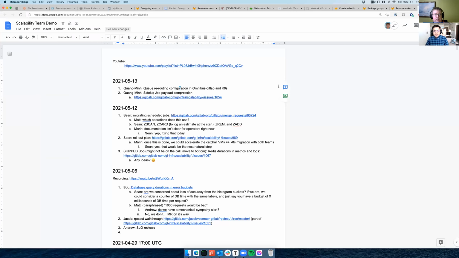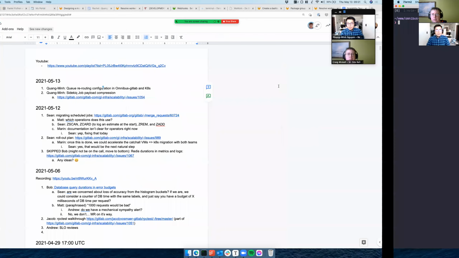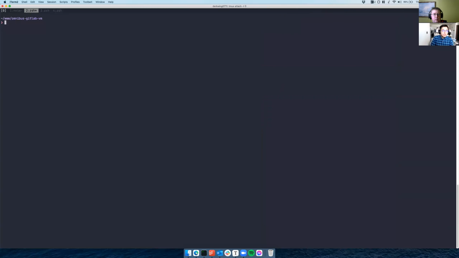So for the first item, two weeks ago, I finished the implementation of queue rerouting, and then I raised some merge requests into Omnibus GitLab and the Kubernetes chart to include those routing rules configurations. Currently, one of them is merged in Omnibus, and one of them is still pending, but I will demo that today. So I set up a VM in my local machine with Vagrant attached, and then